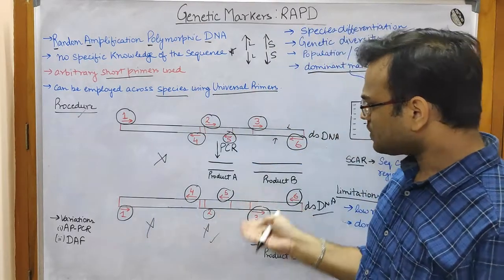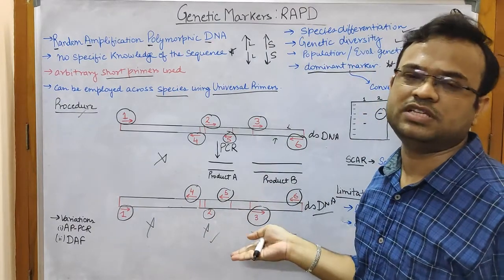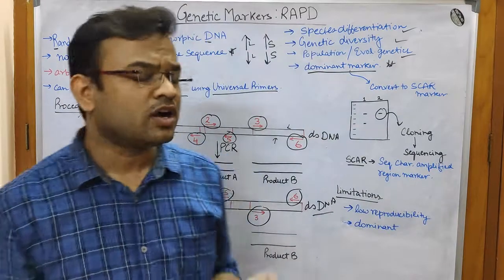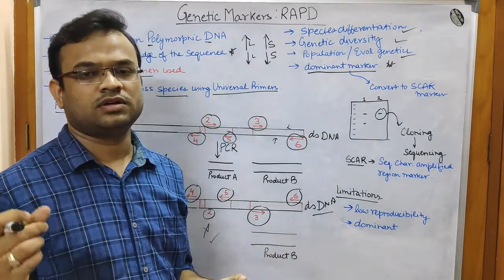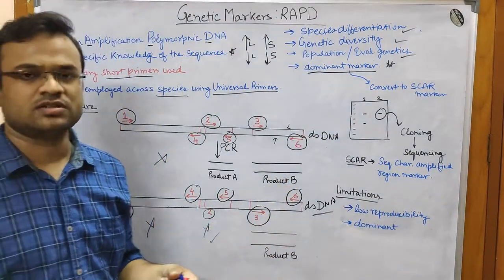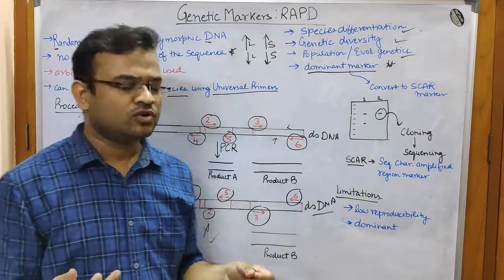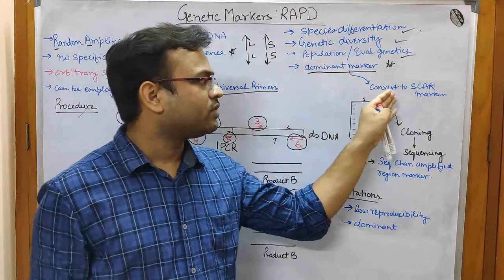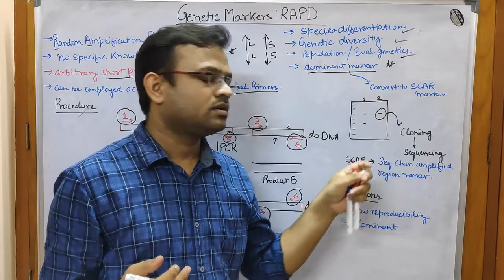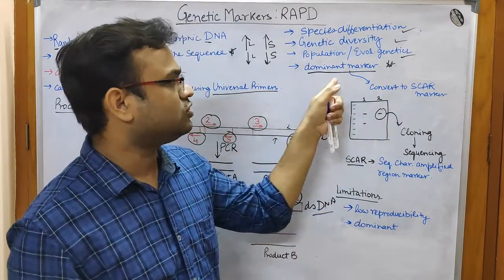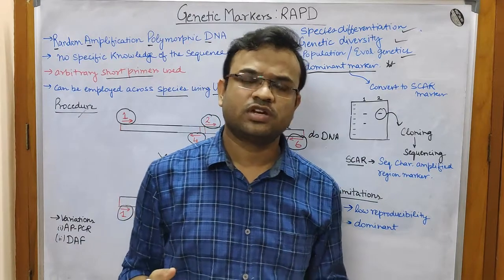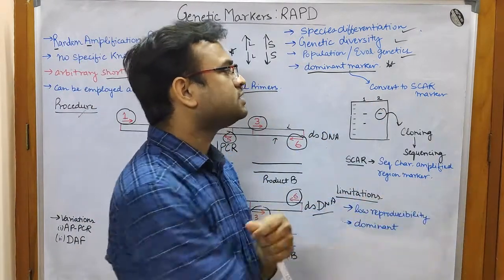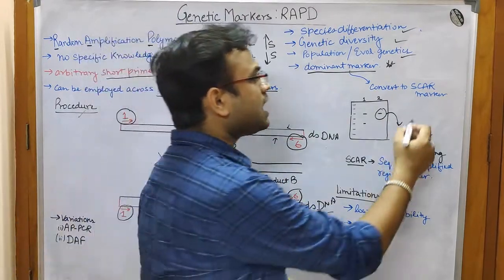So you can go on and match these results and try to work upon the process that you had taken in. You can work upon that. So I would like to now cover how this dominant marker can be used to solve our purposes. This dominant marker can be converted into a SCAR marker.